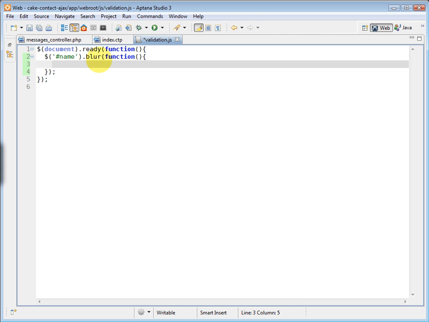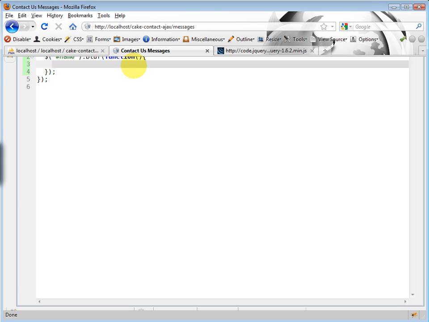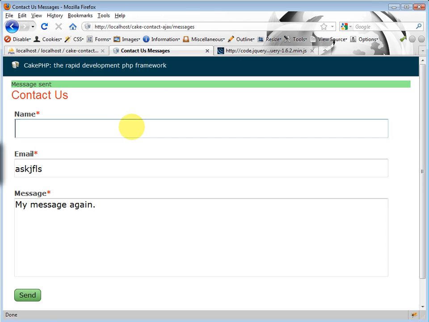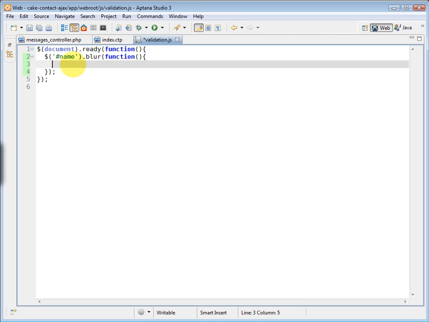Close that. Whenever a blur event happens, just in case you don't know what a blur event is, a blur event is when you have the name field selected right now. When I hit tab and I move to the email field, that's a blur. That means a blur event occurred on the name form field. The same can happen when I click away from it. That's also a blur. So whenever that happens, this code is going to be run inside of the blur callback